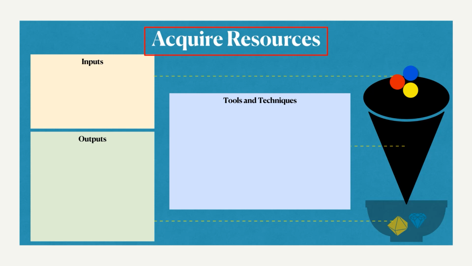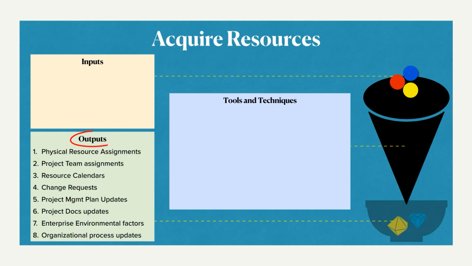Moving on, acquire resources. As the name says, this is to obtain all the resources, like people, facilities, materials, etc. Right. So this is also done at set time periods, especially as and when needed. So let's take a quick look at the expected outputs. Okay, we have 8 outputs expected here. First thing is the physical resource assignments. This is nothing but a written document on the records of material and supplies. So all the records of whatever materials we have, whatever supplies we are left with, all that comes here